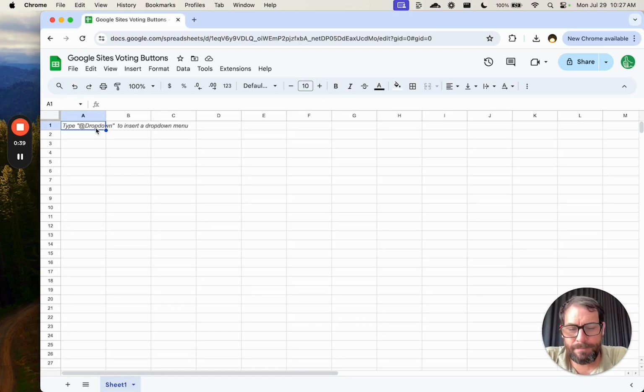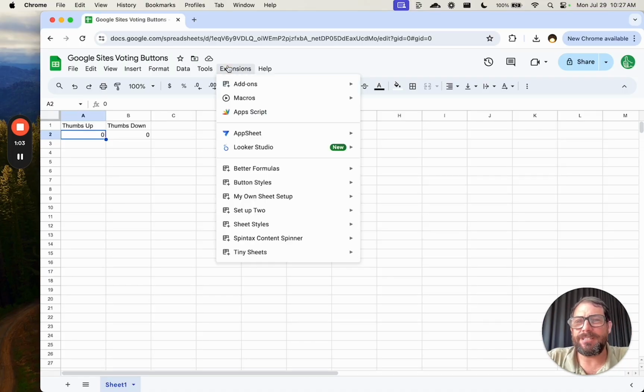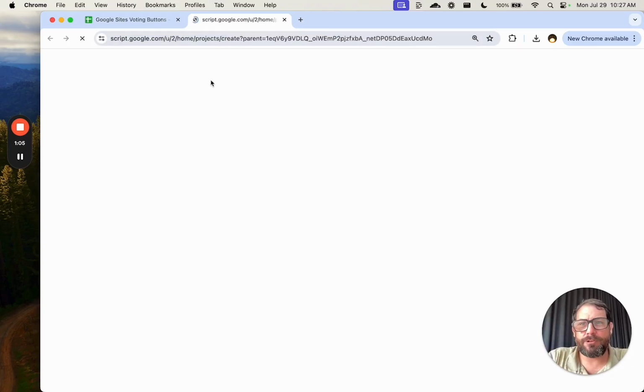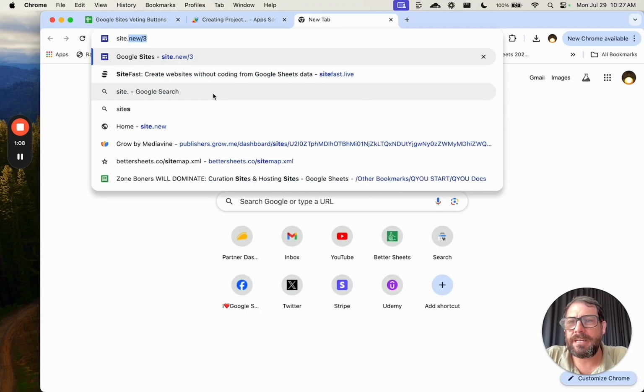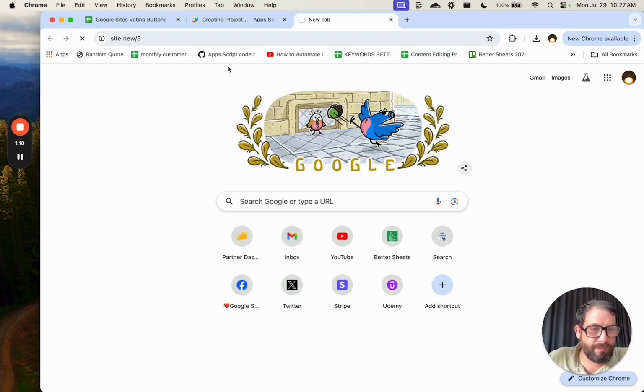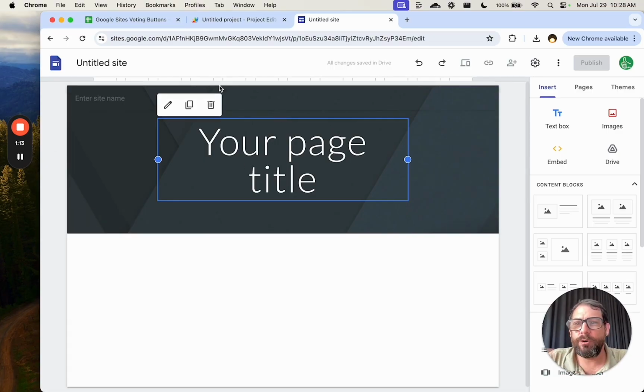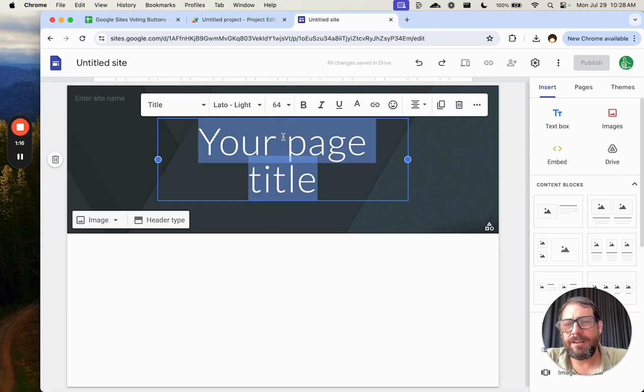Let's say we're doing an NPS score, or rather a thumbs up or thumbs down. So we want thumbs up and thumbs down. Obviously, we're going to start with 0 as the starter, and we're going to have to create our Google site, and the connection between Google Sites and our Google Sheet is going to be a web app that we deploy, and I'm going to show you exactly how to do that for free here in Google Sheets. So right now, we're going to create that app script here, and we're going to do site.new/3 as well. We're going to create a brand new Google site. This is totally free sites you can create, and we're going to say,